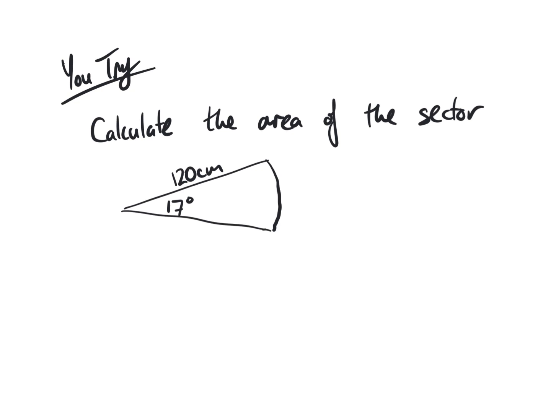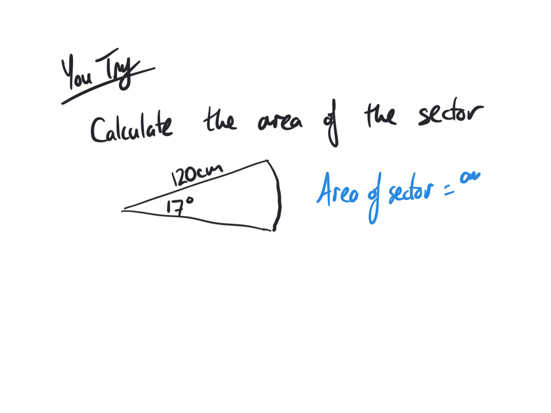Okay, first step is we're looking for the area of a sector. So when you come across a question like this, you've got to remember now you've got two formulas, one for arc length, one for area. You must use the right one. Area of a sector is part of the area of the full circle, so it's the one with pi r squared in it. So area of sector